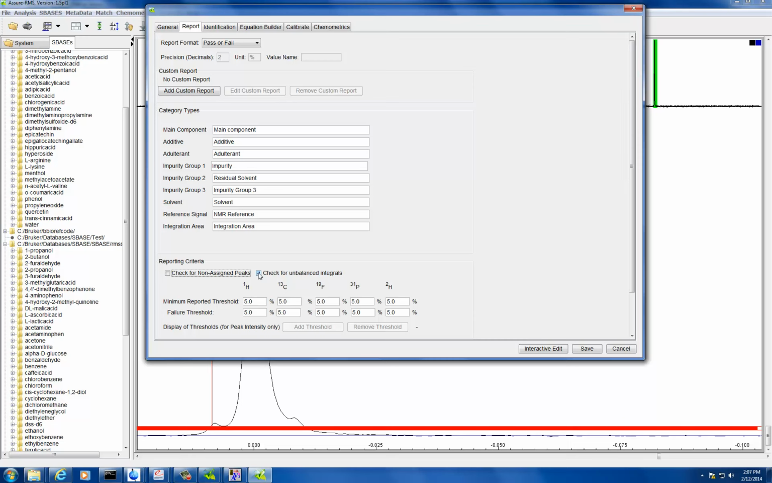So this is, again, just making sure that if there are any areas in your spectrum that come out, you check for that non-assigned peak and fail the actual report. And then check for unbalanced integrals is, again, going back to the